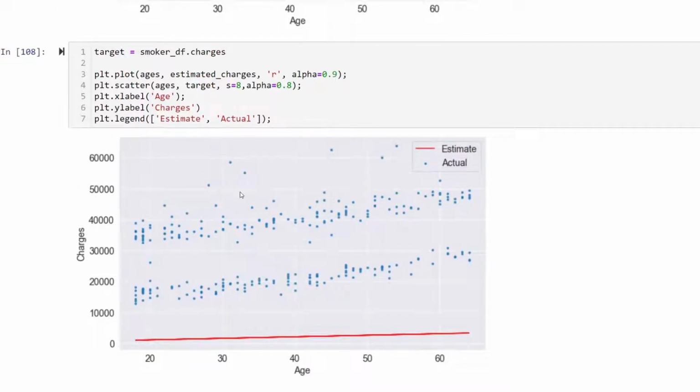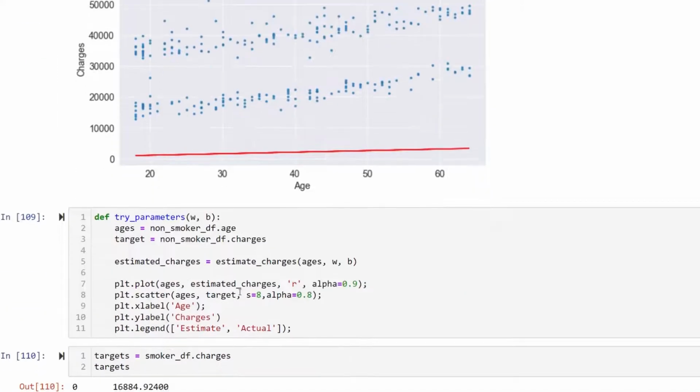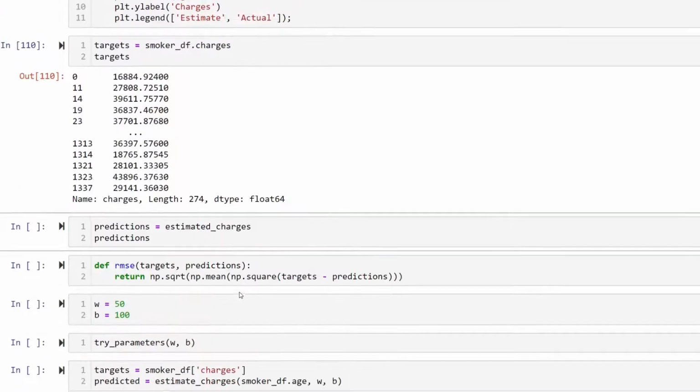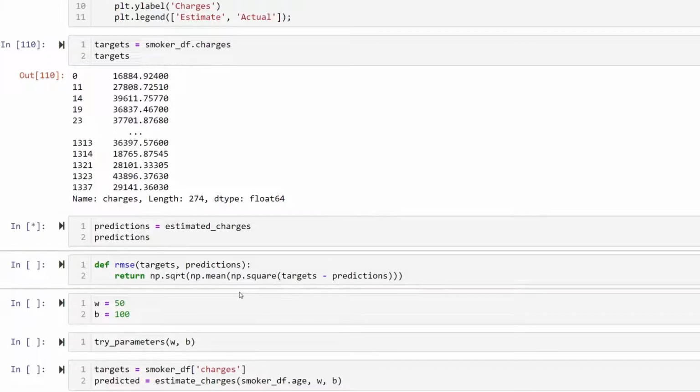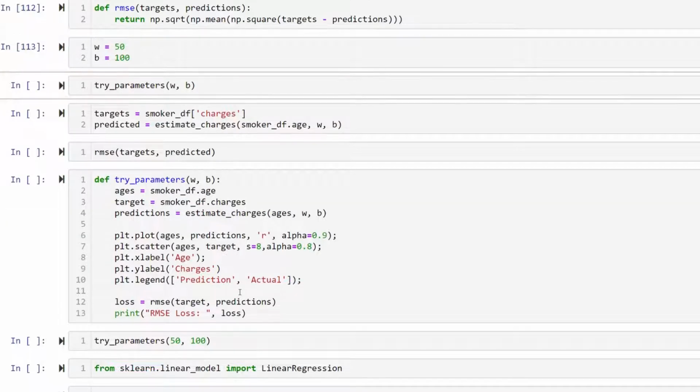Okay, in this picture we can see there is no trend of increasing data. That means we can't estimate the charges of smokers, which means the data was not perfect in order to estimate for that. In these situations, we are not able to draw any particular estimation line in order to predict the values of smokers. In case we draw that line, the prediction loss will be very, very high than expected.